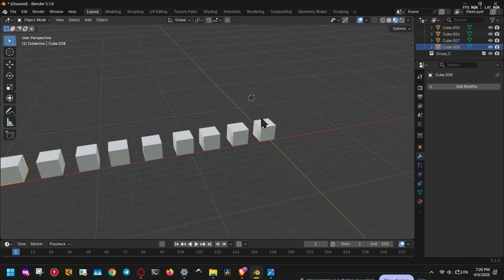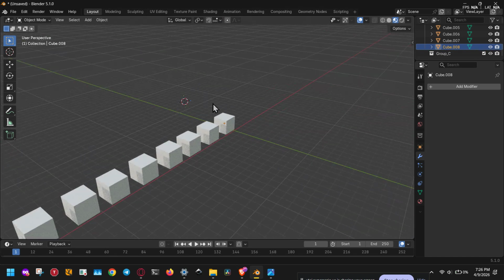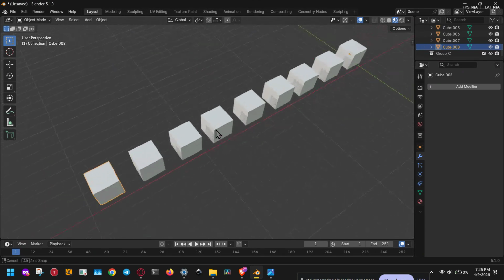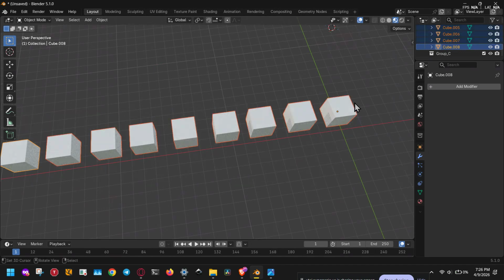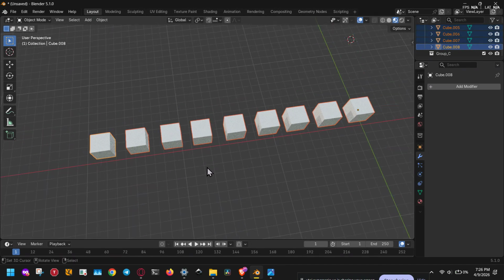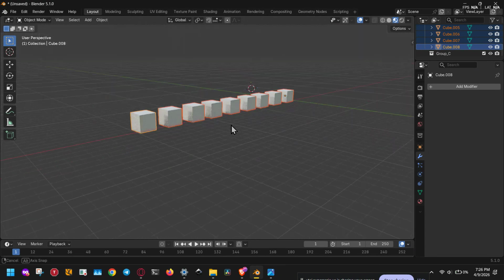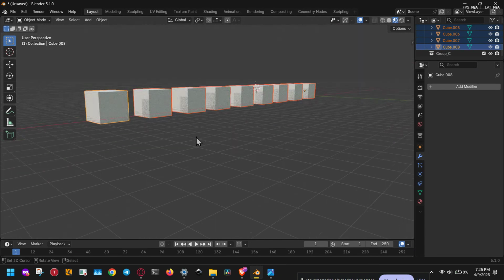First, you need to select the objects you want Blender to choose from. You can do this by pressing A to select everything in your scene, or you can select a specific group of objects if you only want random selection from part of your scene. For example, if you want all cubes, you can use Shift+G and choose Type, then select Cubes, so Blender highlights